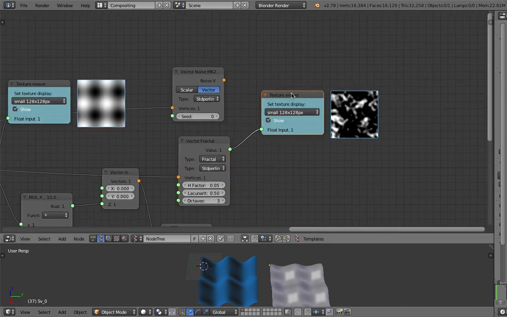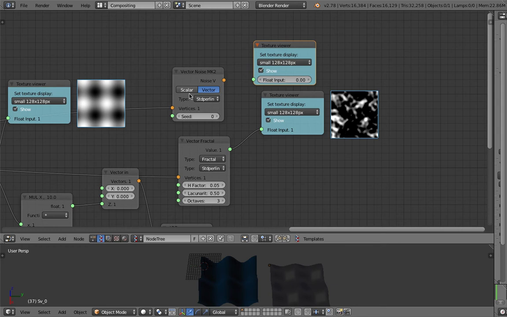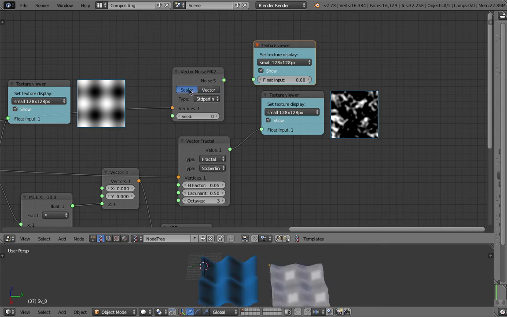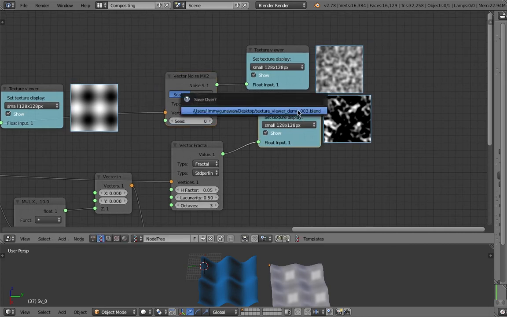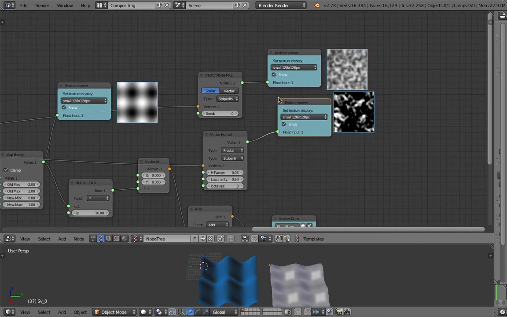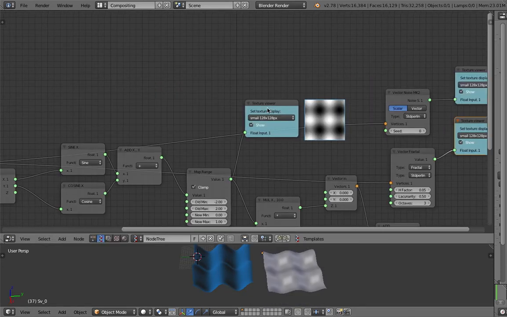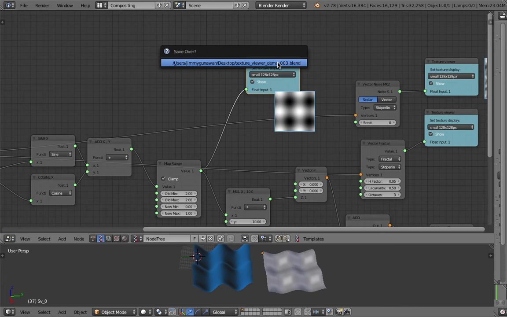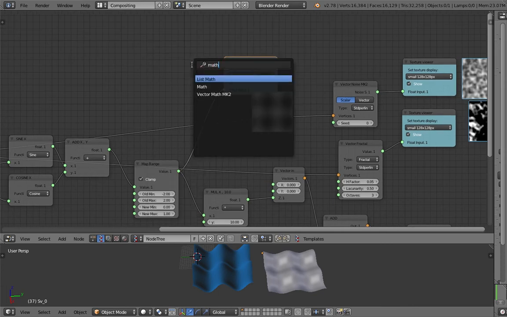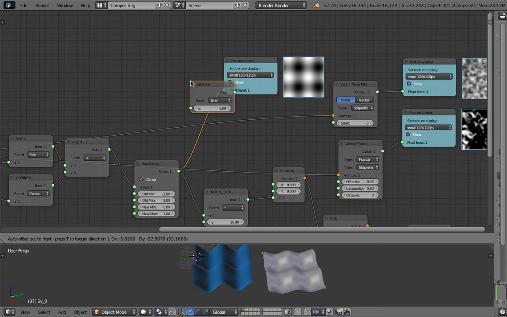And vector noise, if we make it output scalar, we get that result. So this is all scalar, and it's not outputting RGB or XYZ value yet, but this is really nice because we can mix and match now. It's very easy. And if you want to do something a little bit funky, like with a math function, let's say